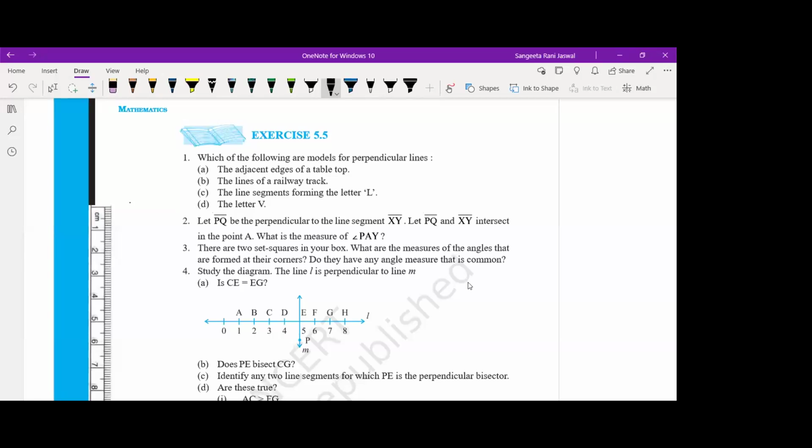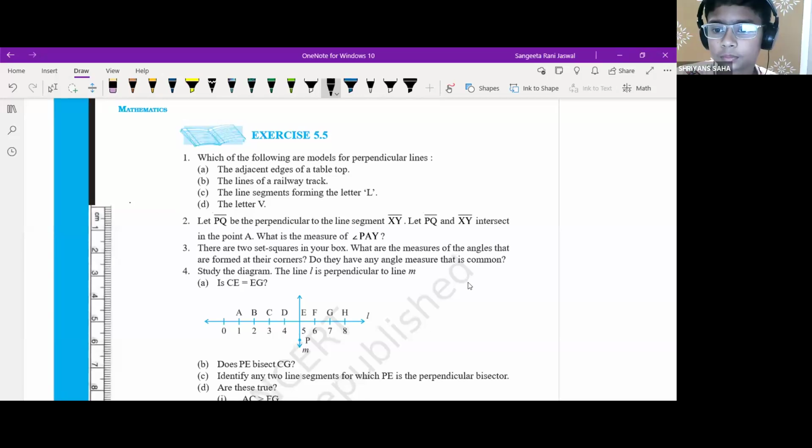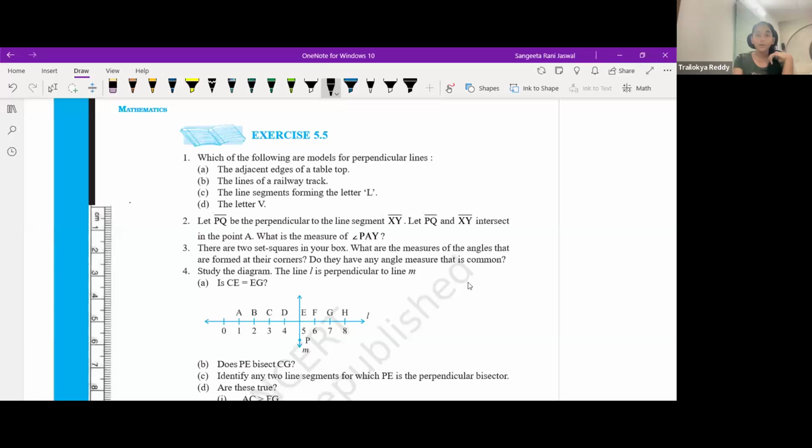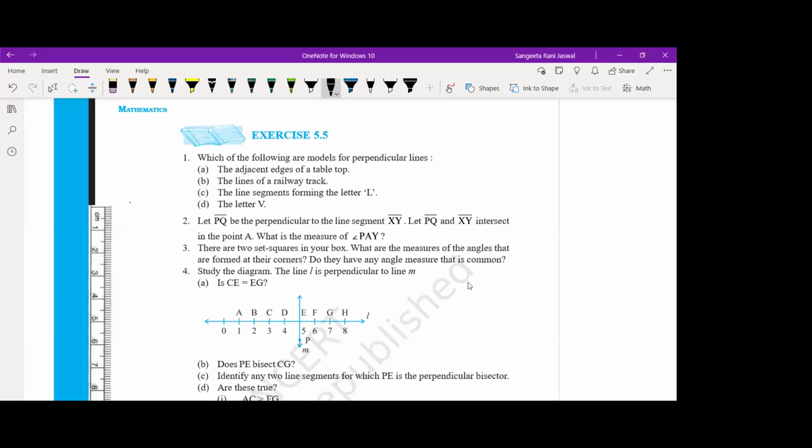Ma'am, your screen is not visible. Is it? Yes, children? Ma'am, it is visible now. It's visible. Adya, please check yours better. To everyone, my screen is visible. Neha, Trilokya, Nishika. It's visible, ma'am. Then, Adya, you please check yours better.